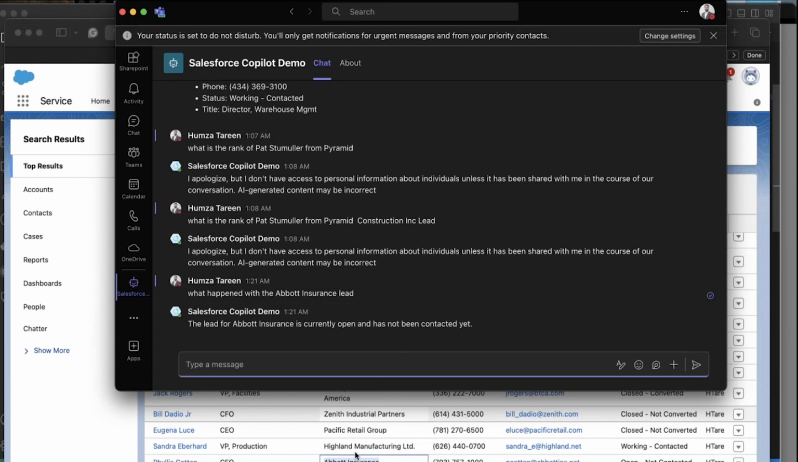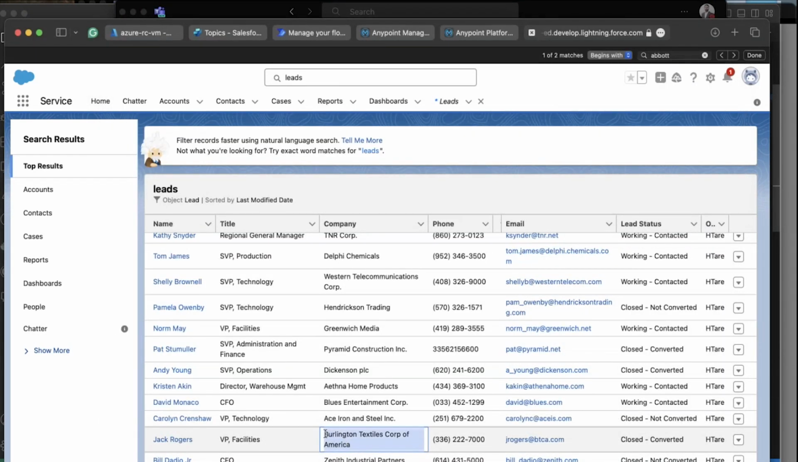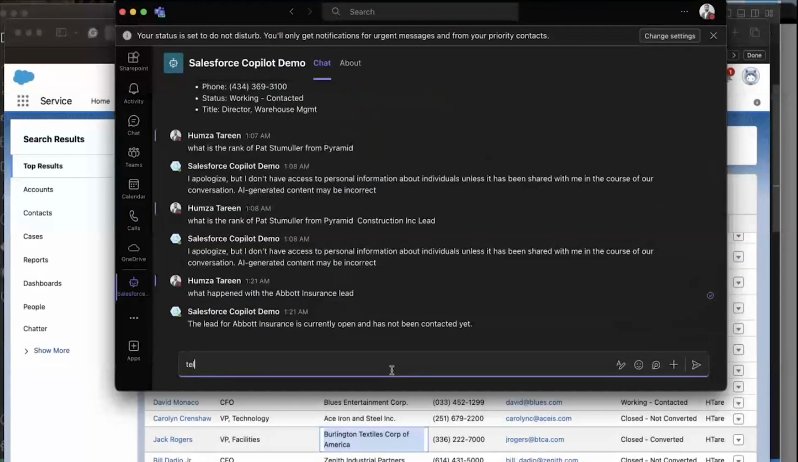Similarly, we can ask about, let's say we have the Burlington Textile Corp of America here in the database. So, tell me the details of the lead with,